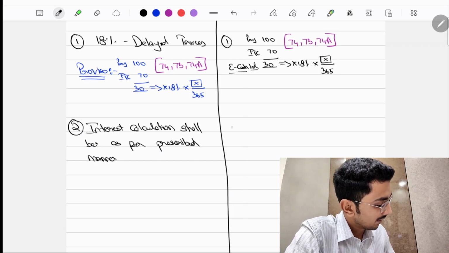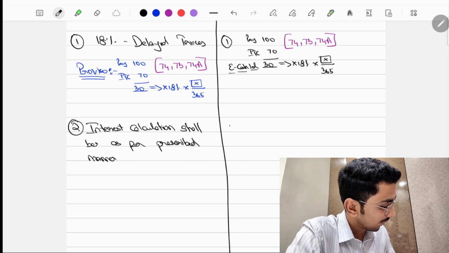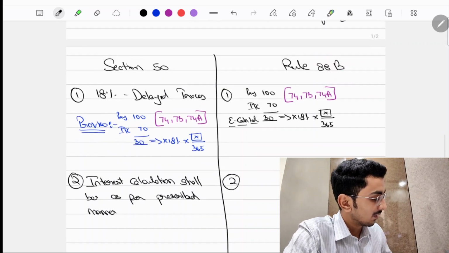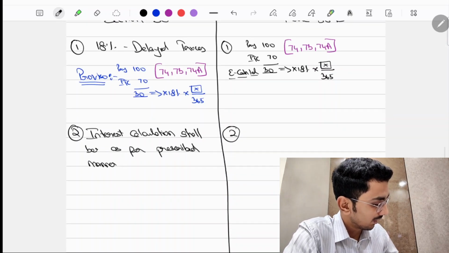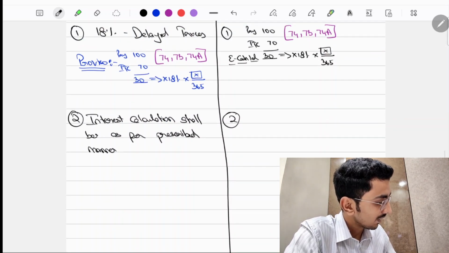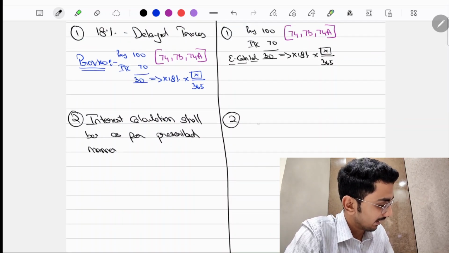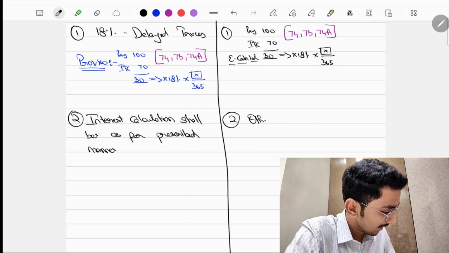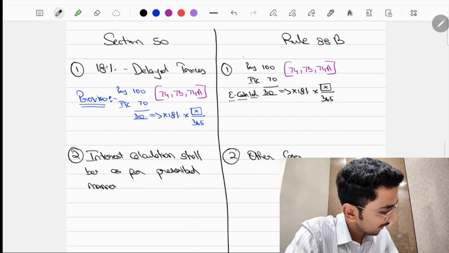And now the second sub rule: rule 88B sub rule 1 and sub rule 2 tell that in any other case, as opposed to the first one, which is predominantly in relation to returns,